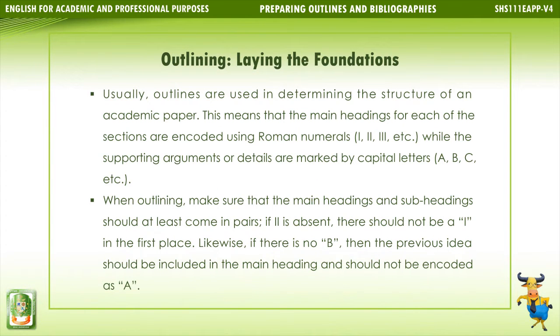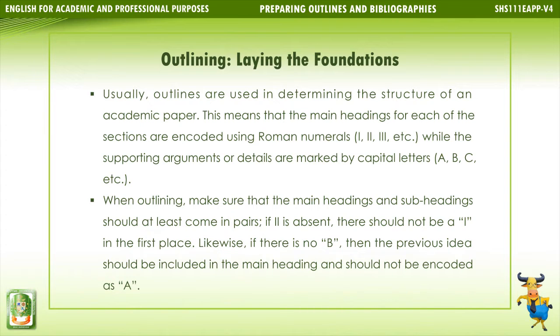Usually, outlines are used in determining the structure of an academic paper. This means that the main headings for each of the sections are encoded using Roman numerals, I, II, III, etc., while the supporting arguments or details are marked by capital letters, A, B, C, etc. When outlining, make sure that the main headings and subheadings should at least come in pairs. If there is no II, there should not be a I in the first place. Likewise, if there is no B, then the previous idea should be included in the main heading and should not